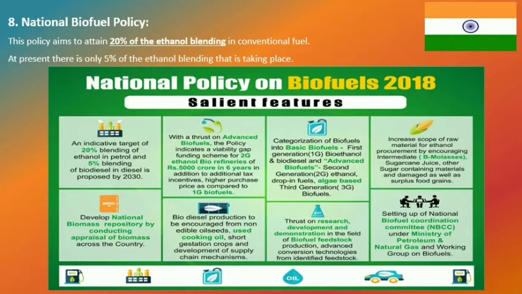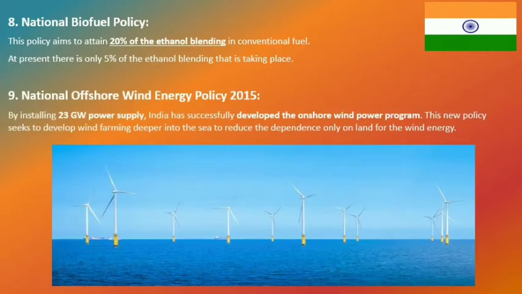Eighth is national biofuel policy. In this policy, the aim is to attain 20% ethanol blending in conventional fuel. Ethanol blending that is taking place. So there are various salient features in this. You can see about the national policy on biofuel 2018. You can take a screenshot also to make a note of it from an exam point of view, which is very important. This is the national policy on biofuel. What India is going to blend, and how this policy will go in the future, is very important